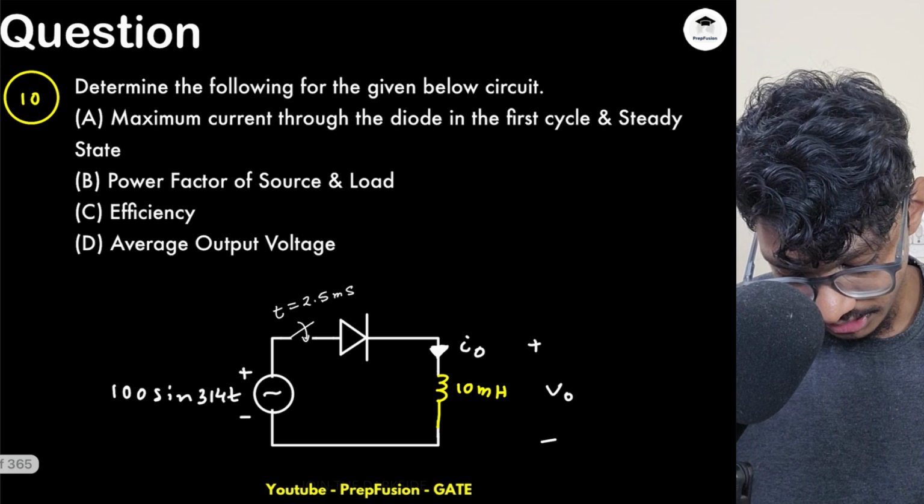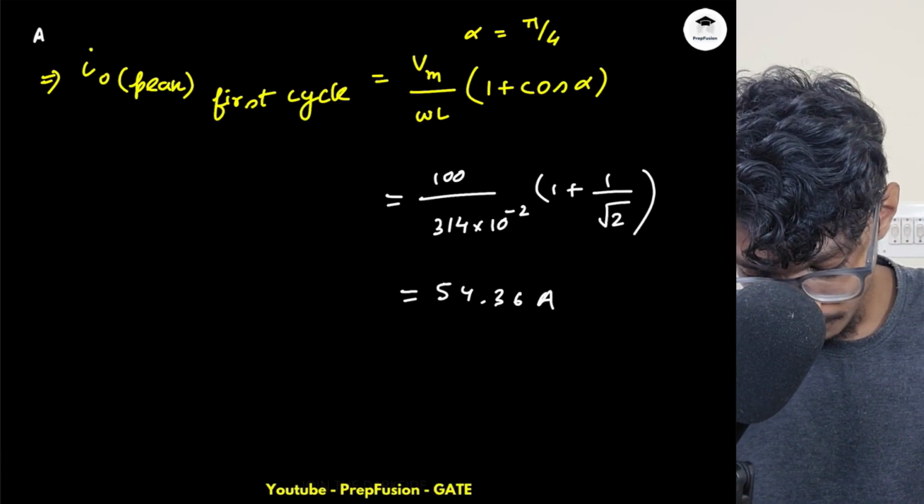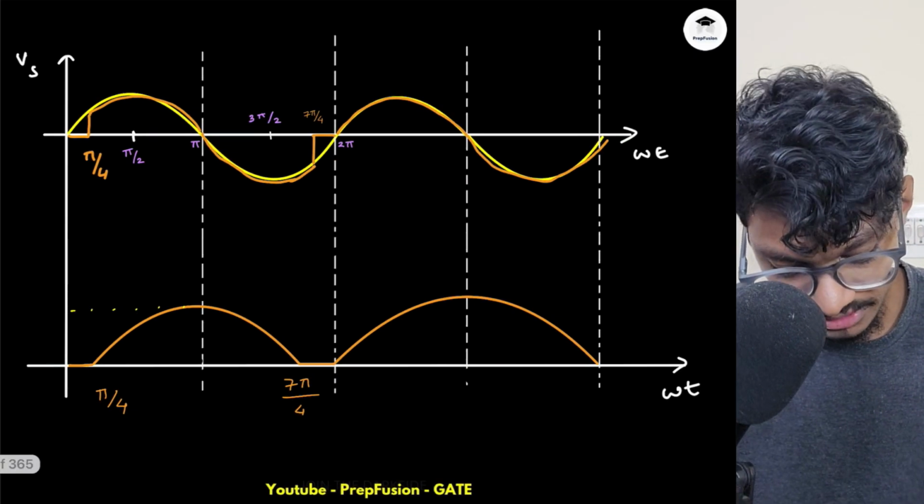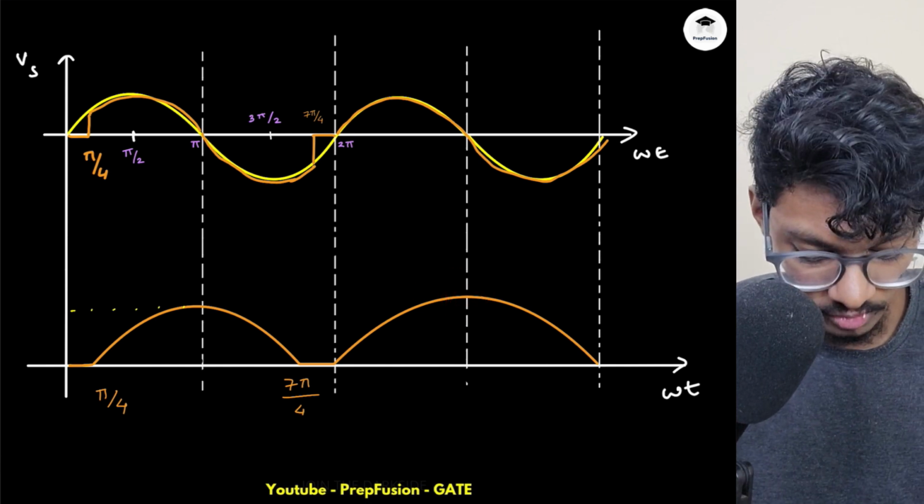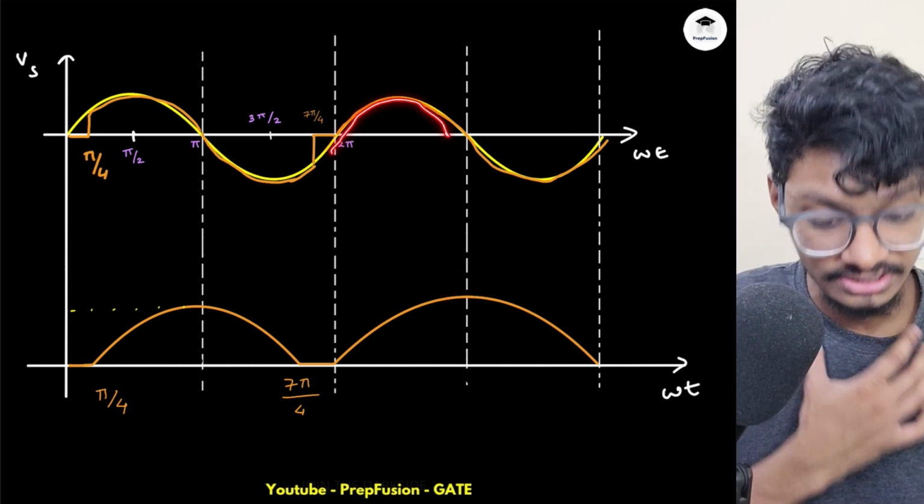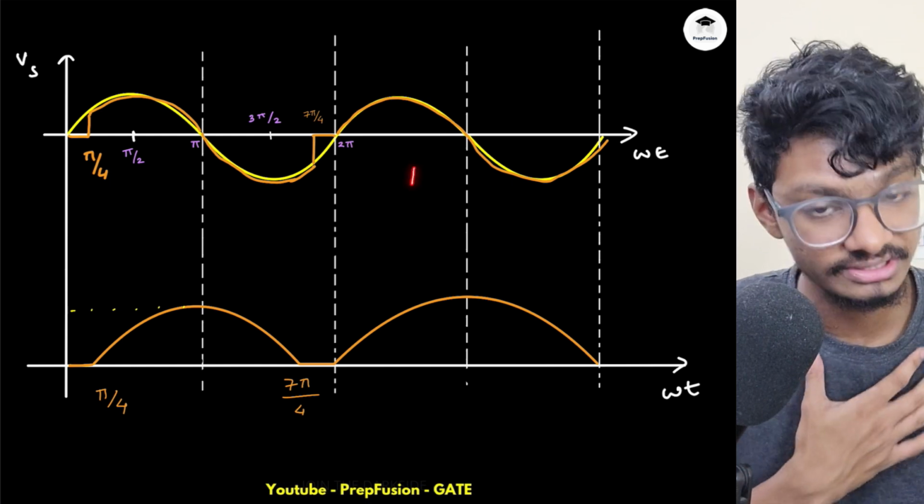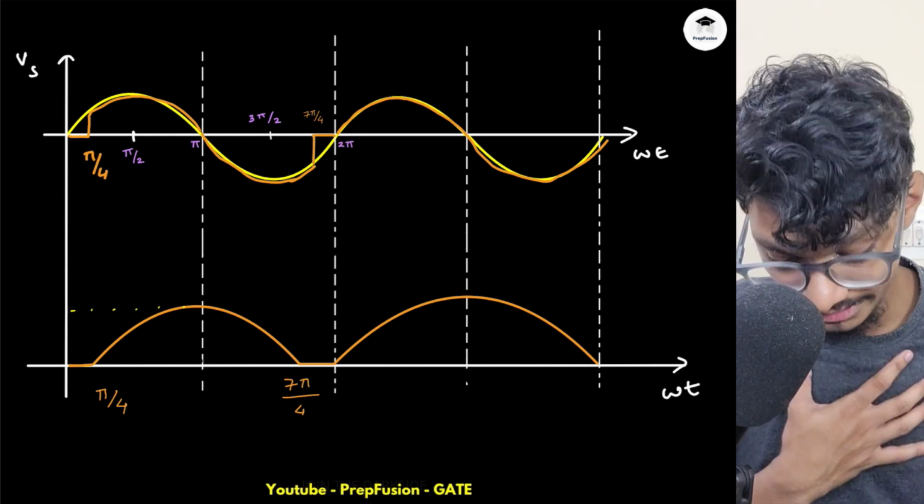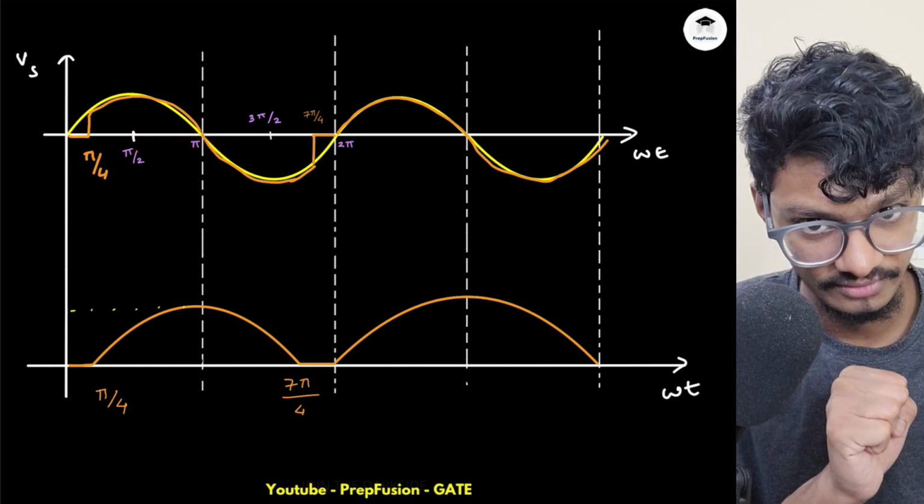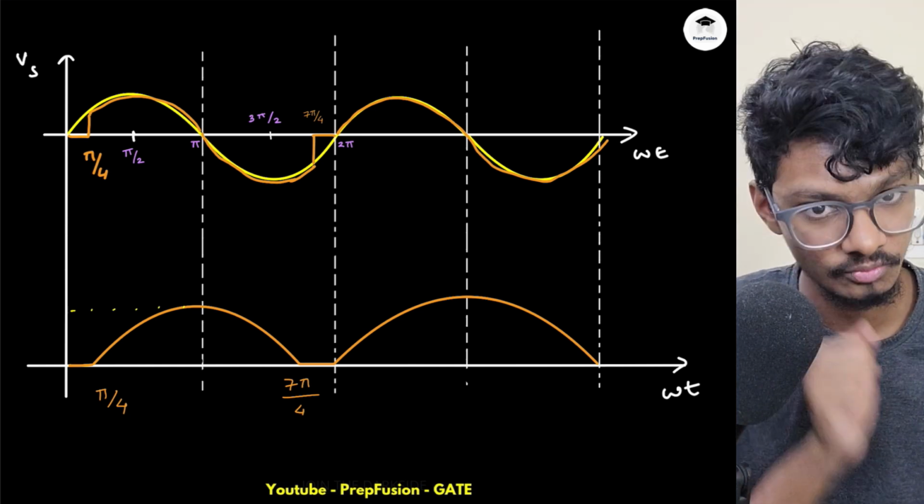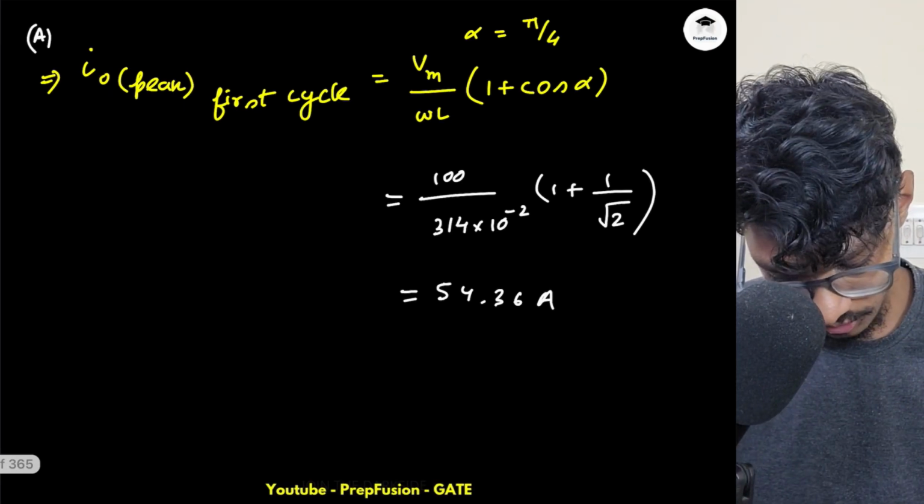Okay, they have asked us for the first cycle and for the steady state. And in steady state, what will be the peak value? This peak value will be larger because this is energizing for a larger amount of time. This is energizing for pi, and in this region it is energizing for pi minus alpha. That's why the peak current was lower and the peak current will be higher. Okay, so